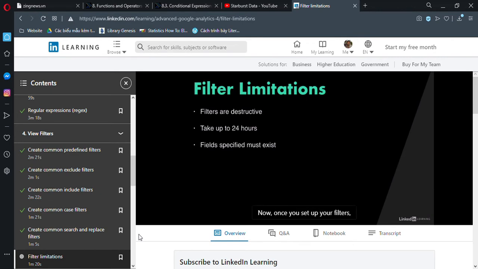Now, once you set up your filters, they take 24 hours before they're applied to your data. And if you notice that your filters aren't working, it's likely because you haven't waited long enough. So you typically have to wait 24 hours before you see the filters take effect. After 24 hours, if things aren't looking the way that you expect them, then it's time to dig deeper into